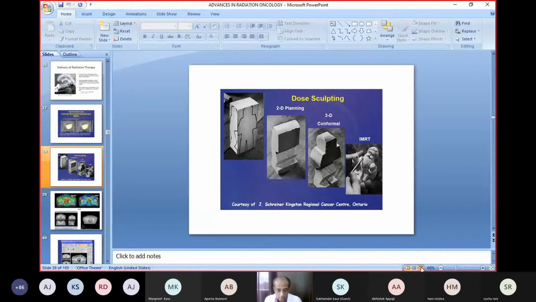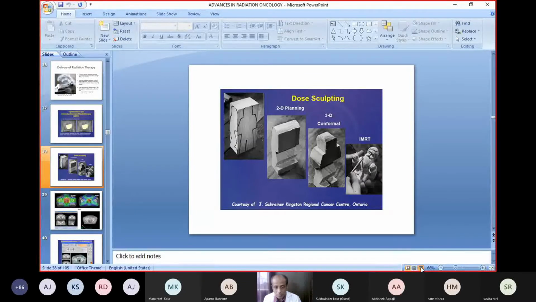Behind this radiation oncology department, 4 fields are playing a role: nuclear medicine and particle physics, computer science, imaging, and biotechnology. The types of radiation are divided into 2 types. One is directly ionizing and the other is indirectly ionizing. Directly ionizing are charged particles like electron and proton, which have a definite charge. The indirectly ionizing are electromagnetic radiation like X-ray and gamma rays, and the neutron, which is a neutral particle, but when it collides with the human body, it generates further X-rays down the body. So directly ionizing are electron, proton, and alpha particle. Indirectly ionizing are X-ray, gamma ray, and neutrons.